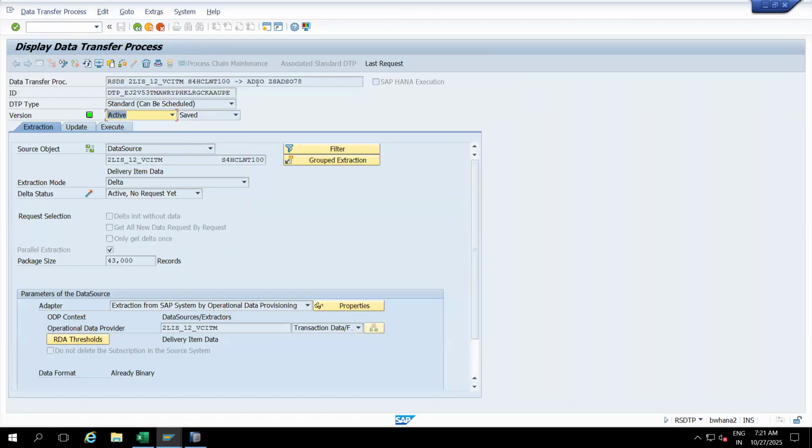Okay, now I came to the data source only. Nothing will be changed. We are coming to the old model. So here you can see from where it is getting the data. Here we don't have the concept of PSA. There is no concept of info package. Directly it is bringing the data from